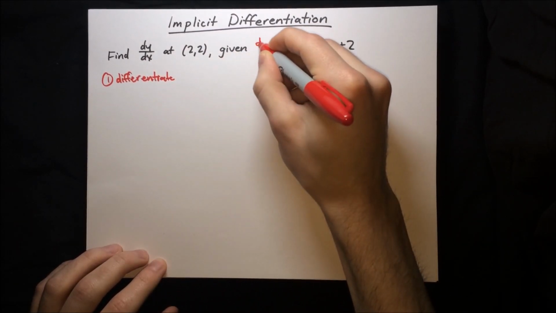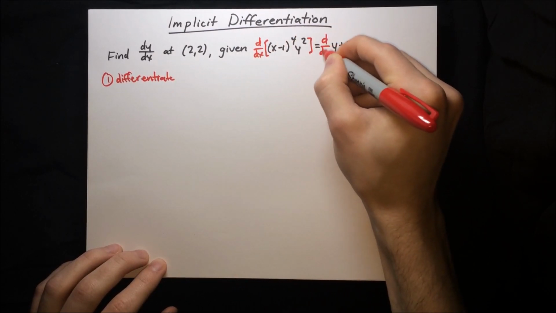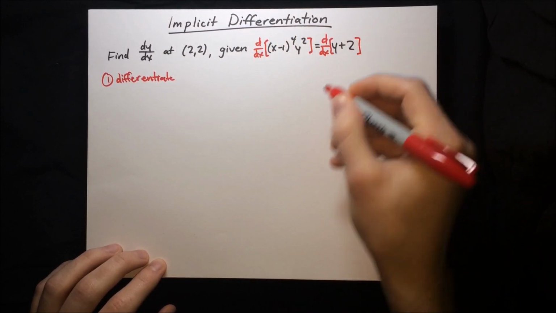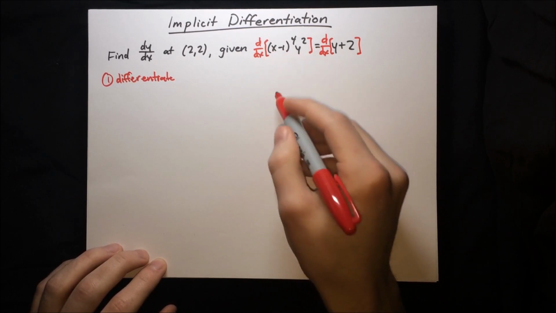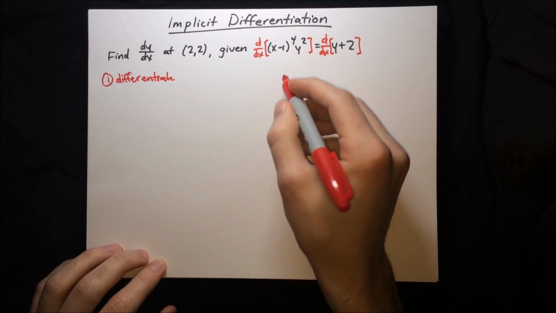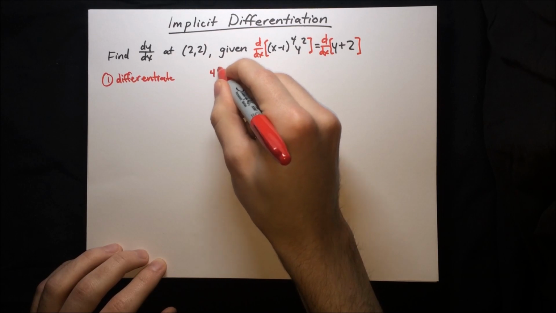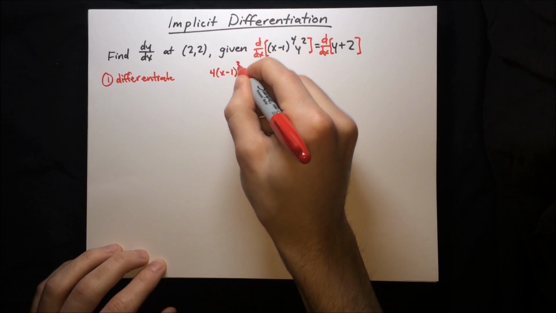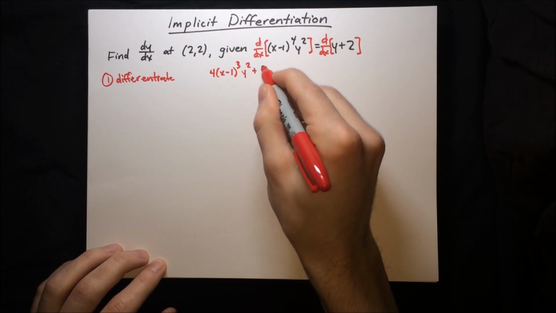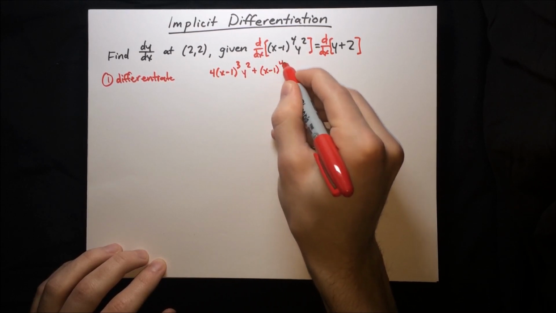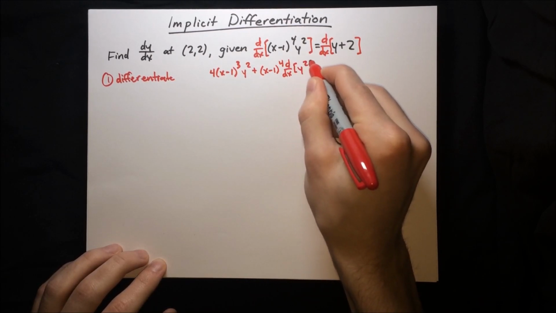We'll take d over dx of both sides of the equation and go ahead and simplify here. So we can use the product rule to take the derivative of this product. That's just the derivative of the first term, (x minus 1) to the fourth. Derivative of that is just 4 times (x minus 1) cubed, and then times the second term, y squared, plus the first term, (x minus 1) to the fourth, times the derivative of the second term, y squared,